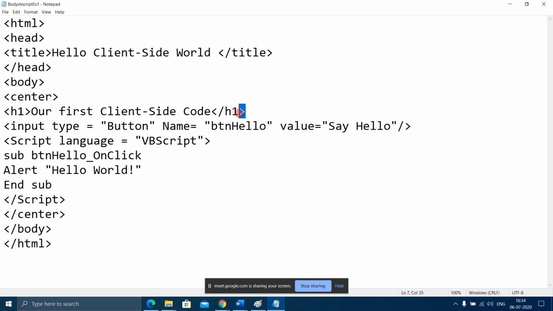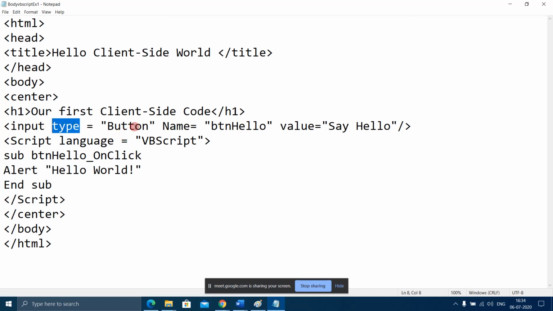I'm not explaining what the H1 tag is. Our first client-side code. And here we have used the input tag. The input tag is used to show a button in the HTML document. When I'm using the input tag, it will have the type attribute equal to button, because the input type which I want is button.